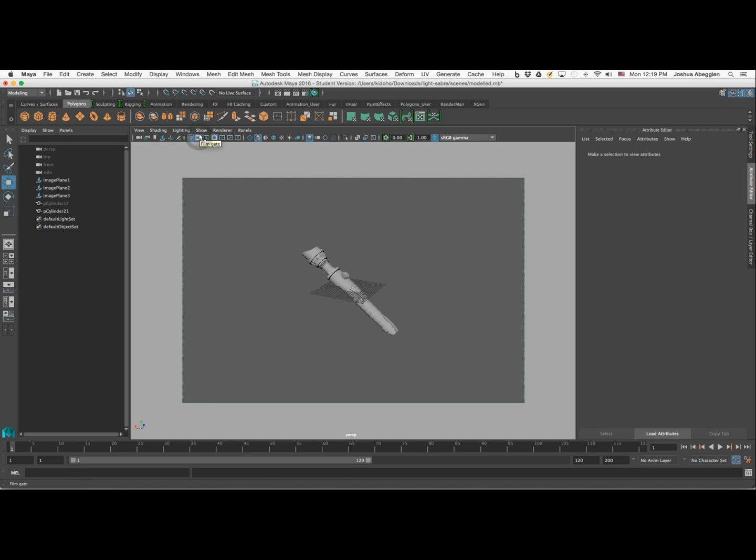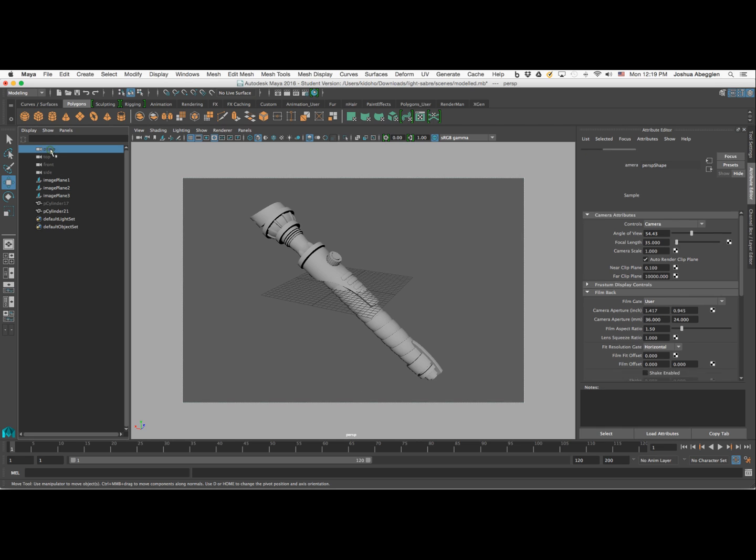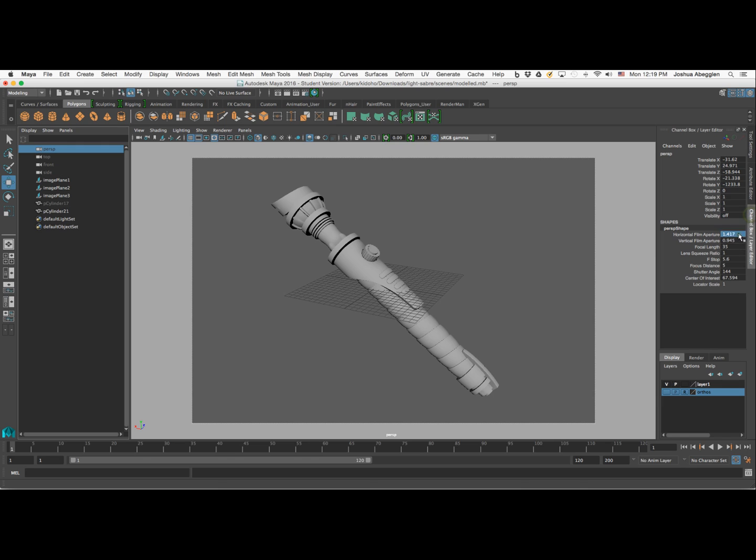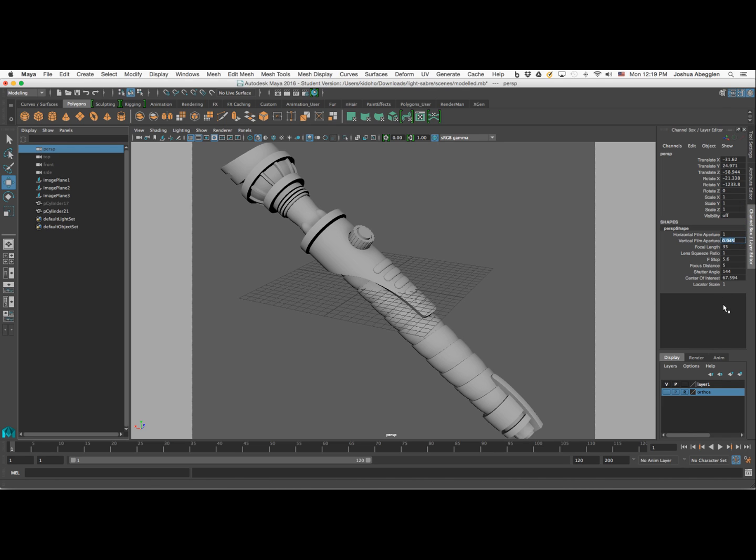and turn on my film gate so that I can make sure that I'm appropriately framing this object for its render. Now, the object doesn't necessarily fit the best within this particular aspect ratio. So I'll go ahead and click on the perspective camera in the outliner. I'm going to go to the channel box editor and change the horizontal film aperture to 1 and the vertical